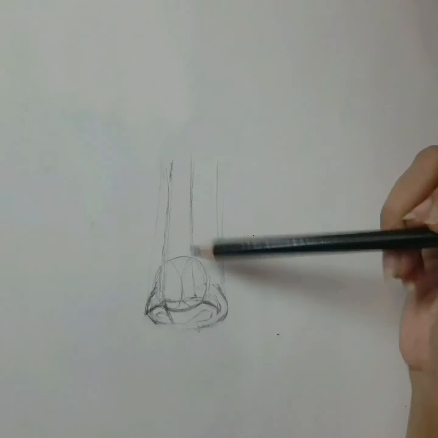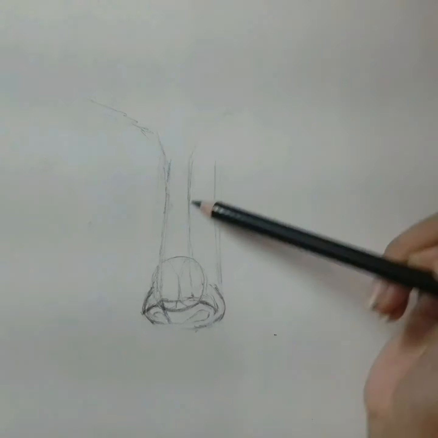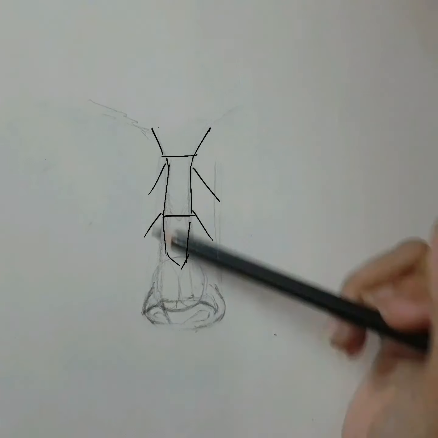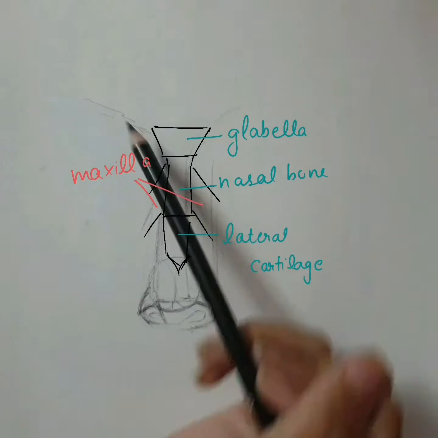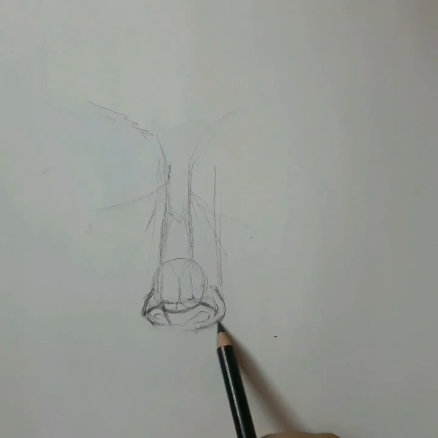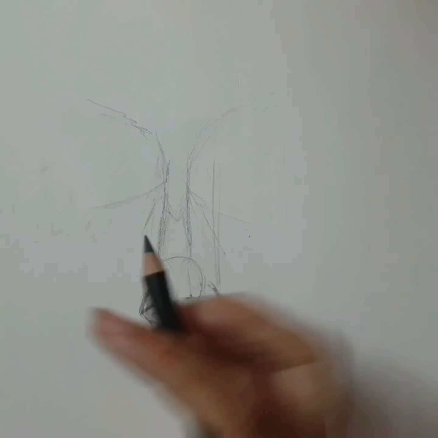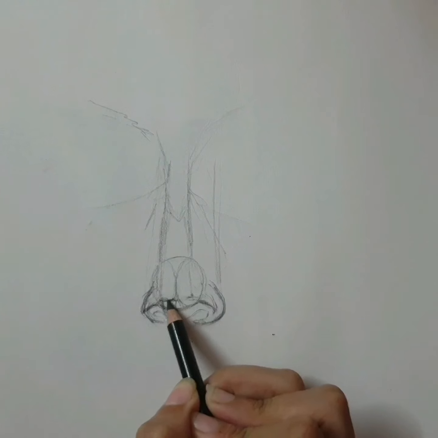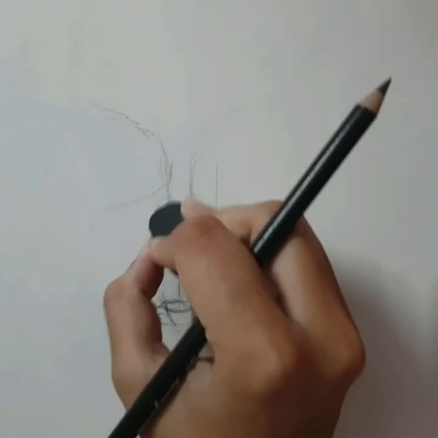Now we will move to the bridge of the nose and map the connections between the various bones and cartilages. Here goes the anatomy. The top half of the bridge is the nasal bone and the lower half is the lateral cartilage. The side plane is a bone called maxilla, and the nasal bone is connected to the forehead at the glabella. Now, because the nose is tilted a bit to the right, so will be the separation. So we will have to tilt the separation a little bit to the right.